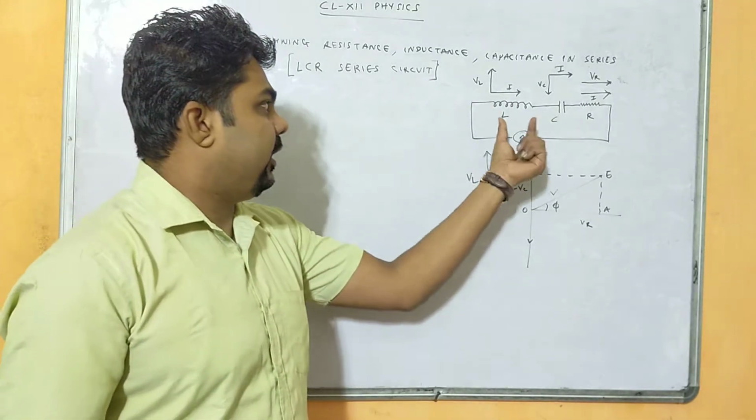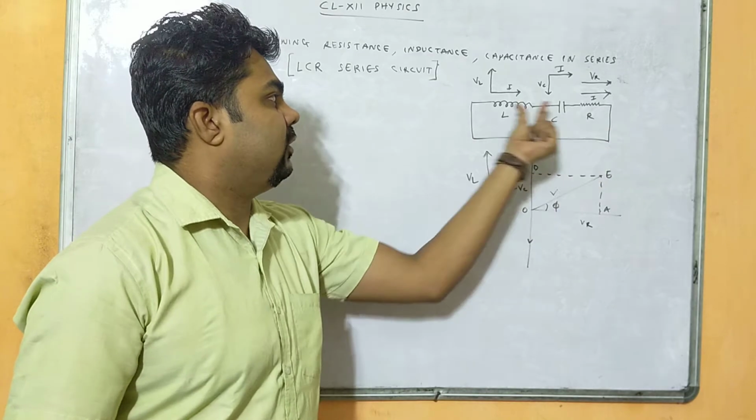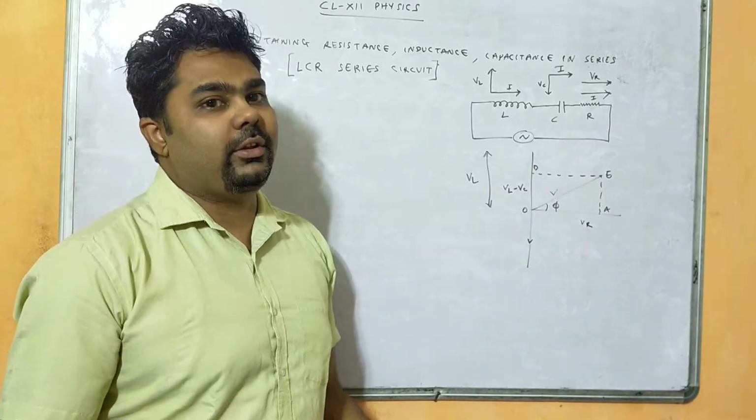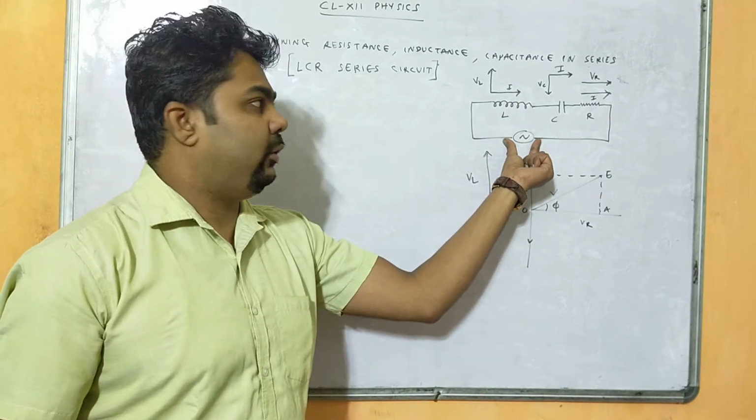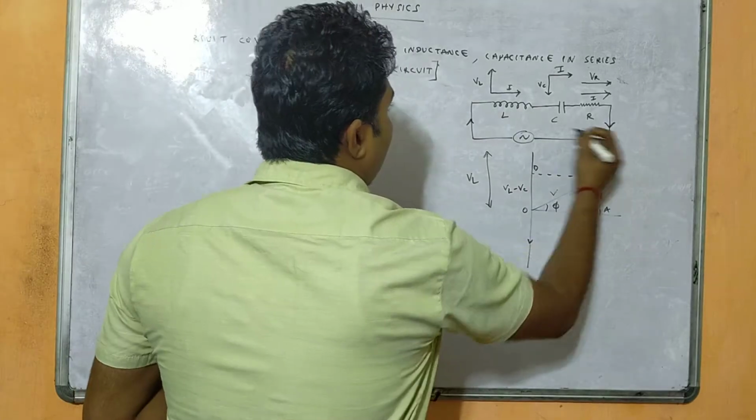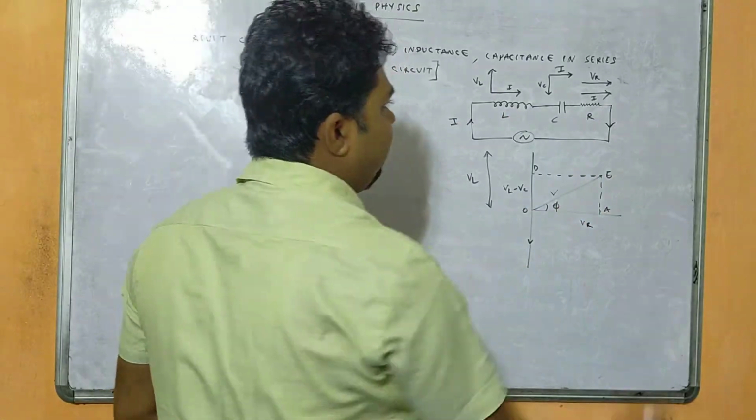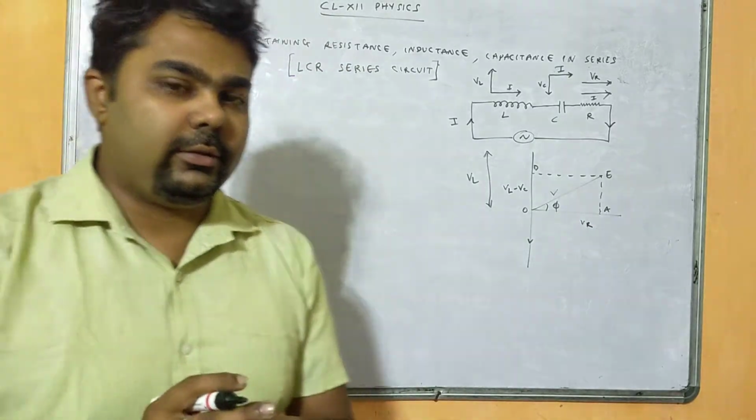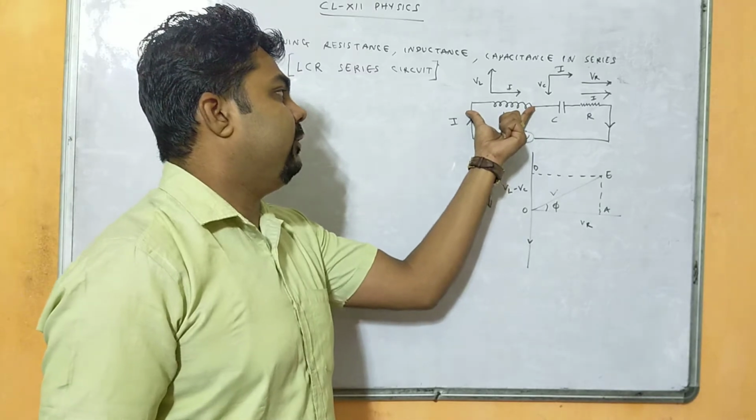So you see here in the diagram, L means inductor, C means capacitor and R means resistor. All three are connected in series and they are connected with an AC source which has the same frequency, and the same current is passing through all these elements, right? Current I is passing through inductor, capacitor and resistor. So in my previous class we have seen what will be the phasor diagram for a purely inductive circuit,